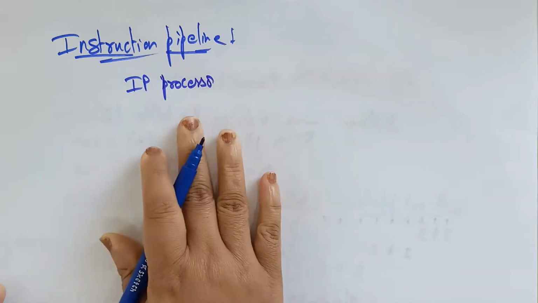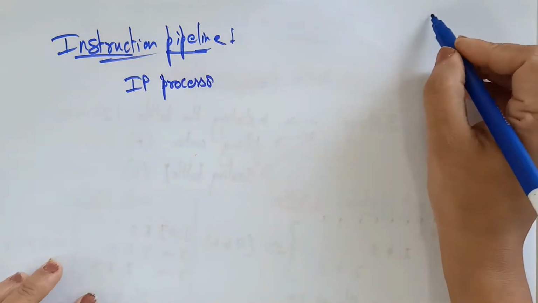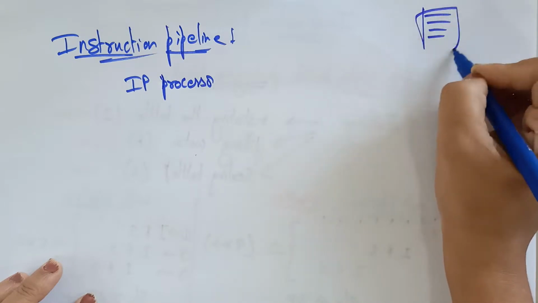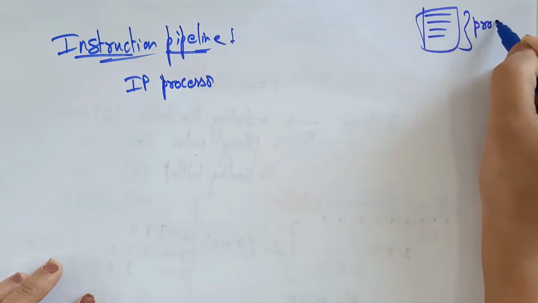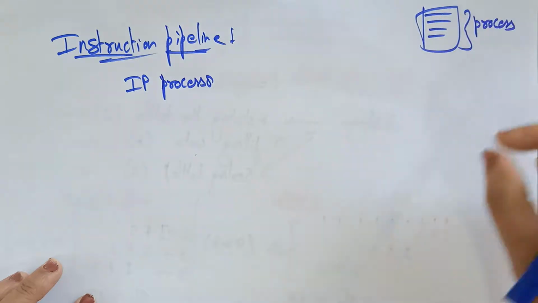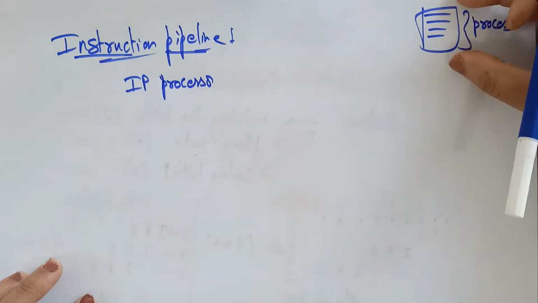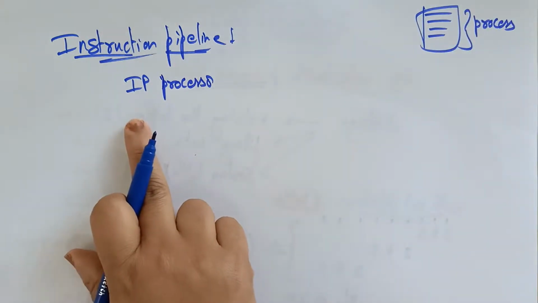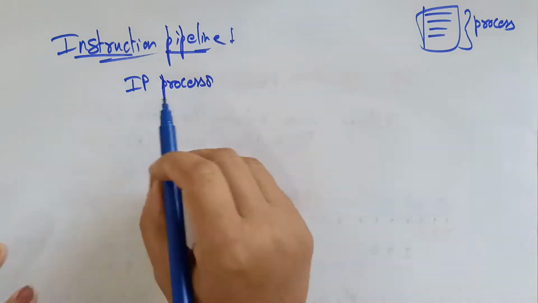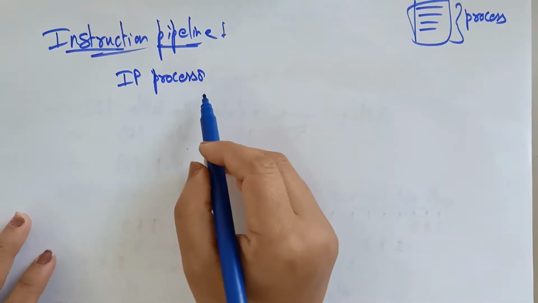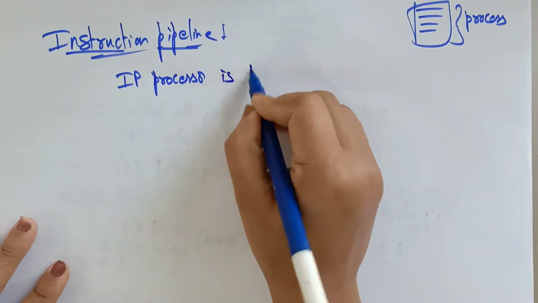Remember students, it's not process. Processor means a microprocessor, and process means a sequence of instructions in a single task. You call this a process. And instruction pipelining is a concept of the processor, meaning the processor supports the instruction pipelining concept. So you are calling an instruction pipeline processor a processor